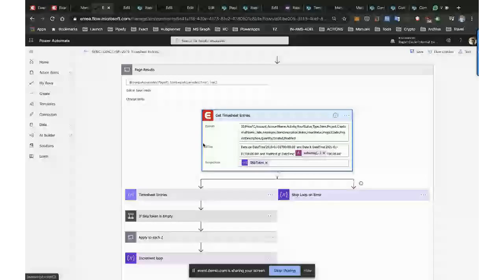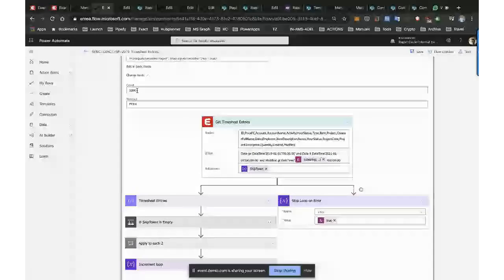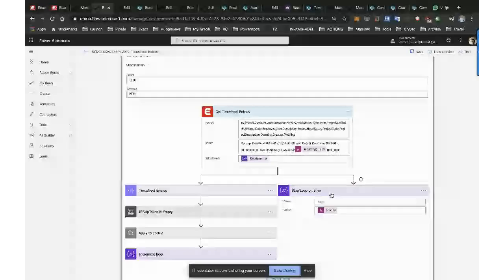Over here, what I'm doing is looping through all the results I get back from my timesheets API. One thing that's important is that when you're doing these loops, you set up how many loops you want to do. What can be really dangerous is that Microsoft Flow will always do that many loops. So even if on the first time you've got some error in your API call, unless you've got some sort of error trapping, Flow will continue to call until it's done all of these counts. That can be a very impolite thing to do to another system. Basically, if this fails, I'm still going to make 1,000 requests to that system, even though I'm not getting any useful data back. So I've made sure that I break out if there's an error